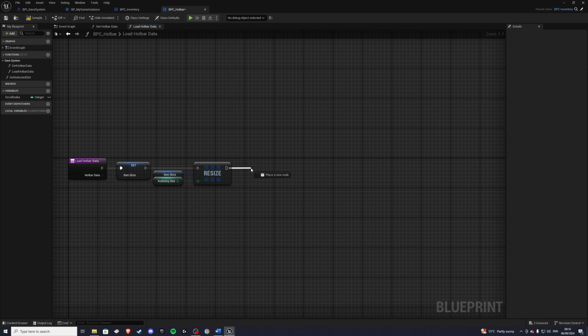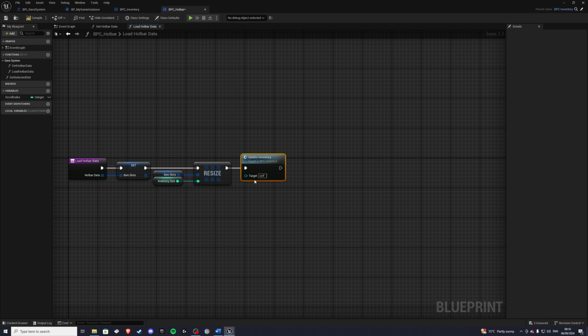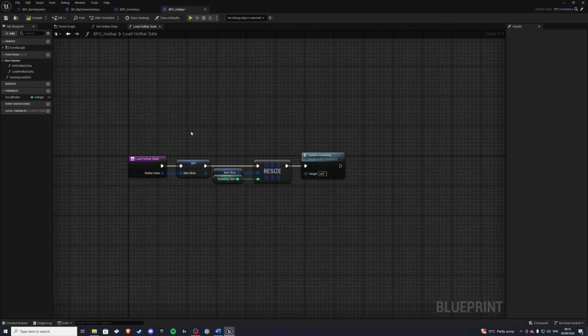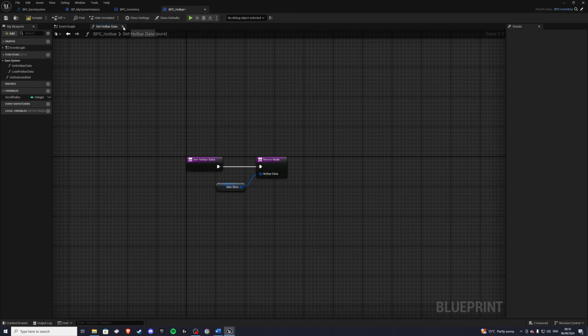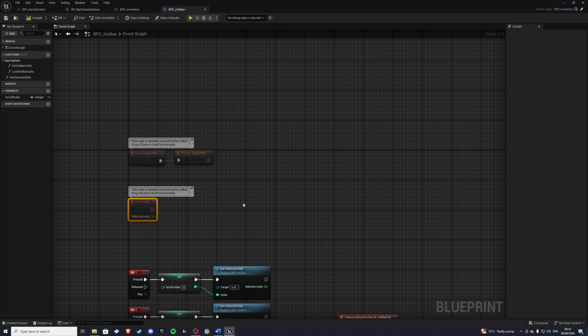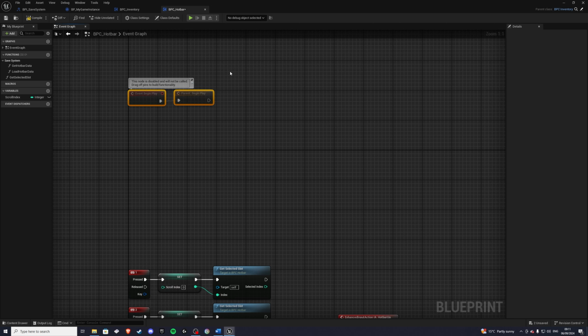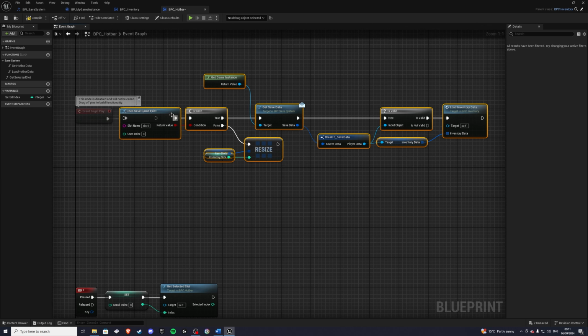And at the very end, we want to do an update inventory. And this is because our hotbar is always on the display and it's not updated as soon as we load into the game. So we just want to update that. Let's close this now, and we can close the hotbar, get hotbar data, and on event begin play, we'll do something similar like we did with our inventory component. So we could actually go in here and steal most of this code, if not all. Let's paste it in,